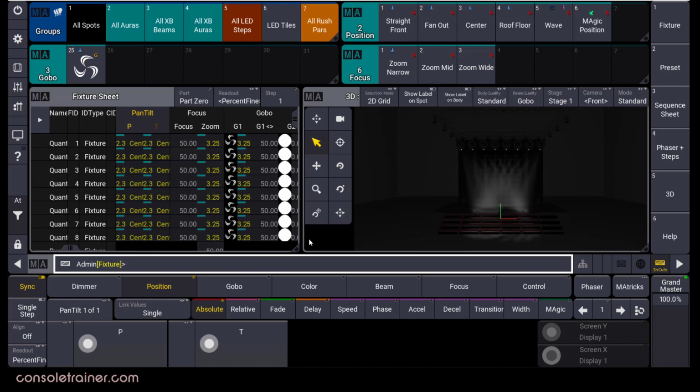As always, I don't know if this will change in future versions of the software, but I think it might be nice if we had some options when recasting to choose whether or not we want the recast to overwrite existing data already stored in the cues, or only to attributes not yet touched in our cues, or maybe only to attributes with hard values. You know, I like options.